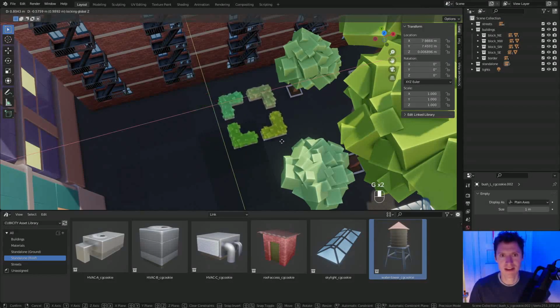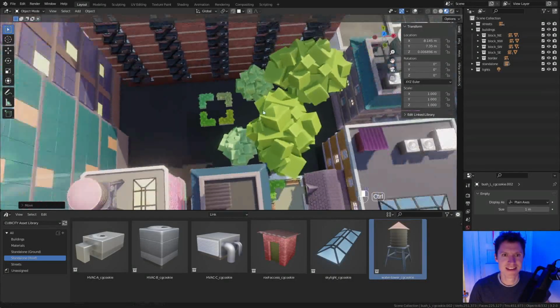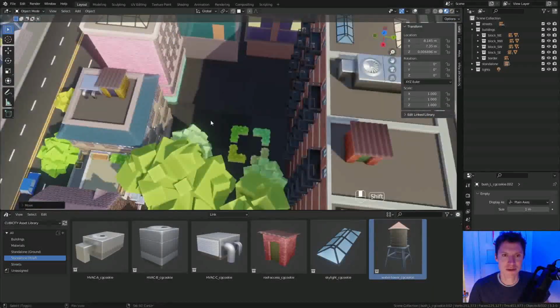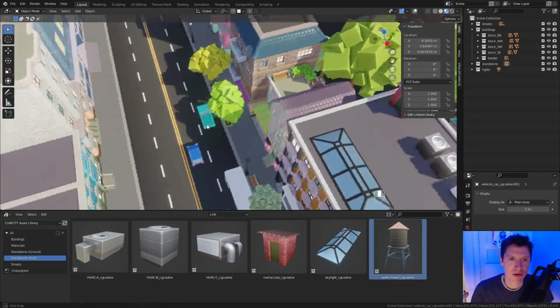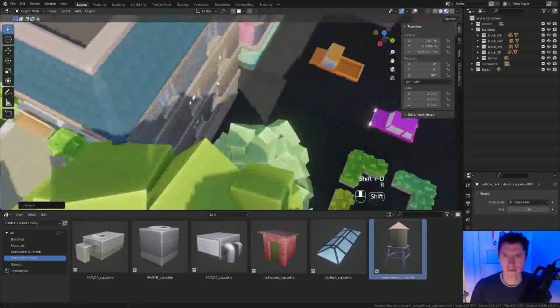You'll never see it. So maybe leave it out in the open. Oh well, it's our city. We're doing what we want. Perhaps some cars are parked back here. Probably not a city bus, but just the pickup truck